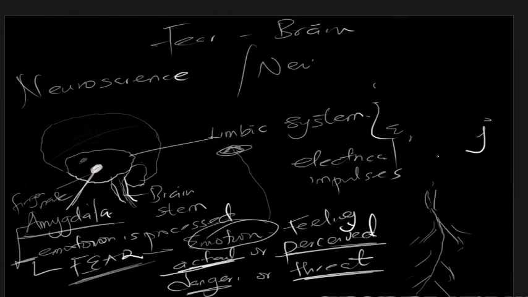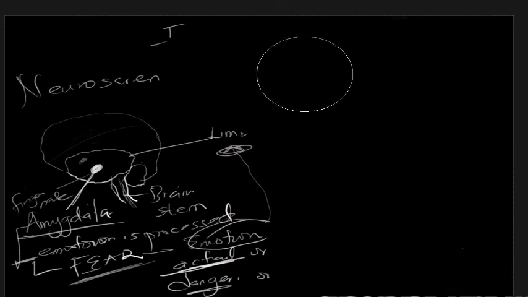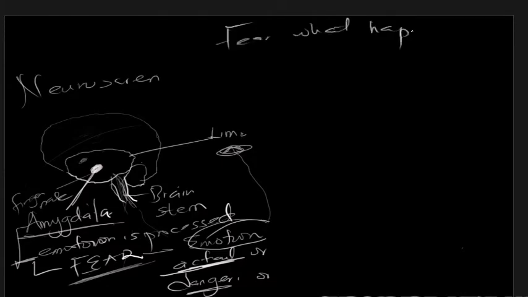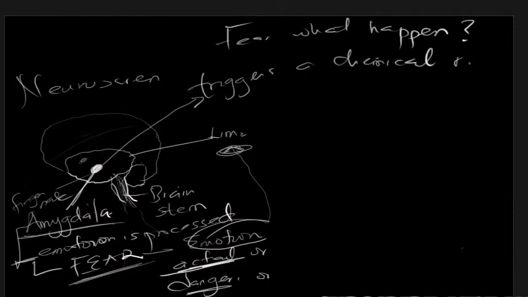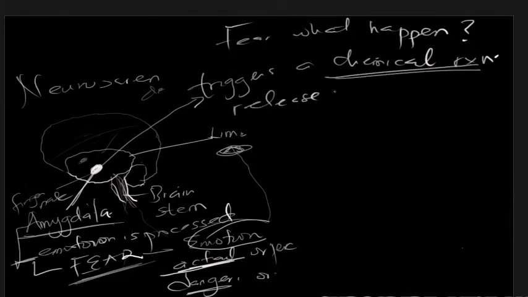Let's quickly erase this. When you fear, what actually happens? When you're confronted with fear, the amygdala triggers a chemical reaction. I told you before that in a normal sense the brain communicates using electrical impulses, but when fear is triggered, when you sense an actual or perceived danger, the amygdala triggers a chemical reaction that releases adrenaline